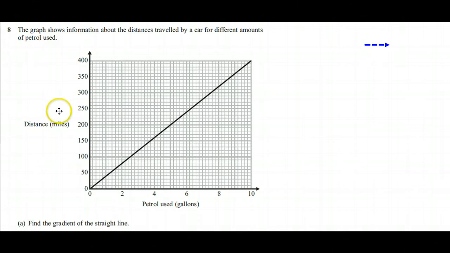Hi there, this is question 8 from the June 2012 Unit 3 Edexcel higher paper, and it's a conversion graph comparing distance travelled for different amounts of petrol used in gallons. The first part of the question asks us to work out the gradient of the straight line. So, to work out a gradient,